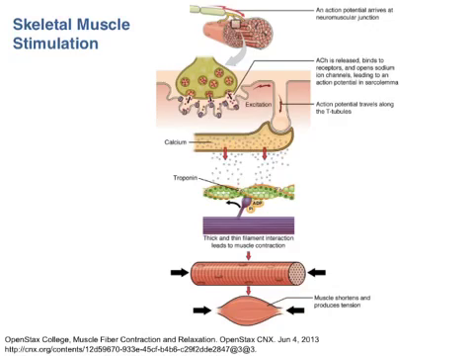This diagram shows, briefly, the process of skeletal muscle stimulation. First, you have an action potential racing down the axon of a motor neuron. This triggers the release of acetylcholine from the axon terminal, and that acetylcholine triggers an action potential in the skeletal